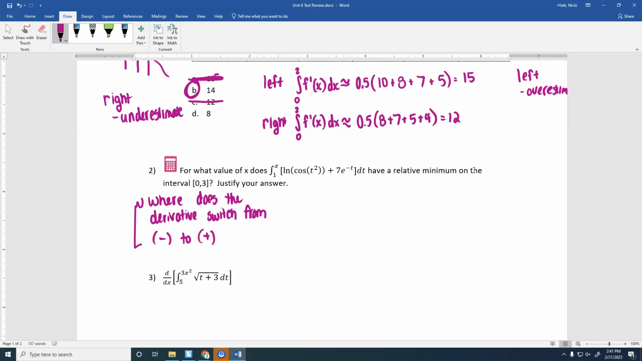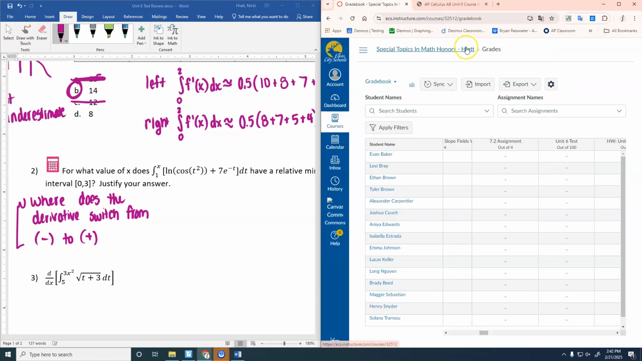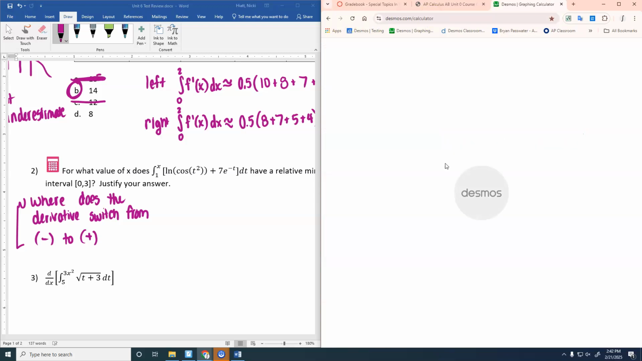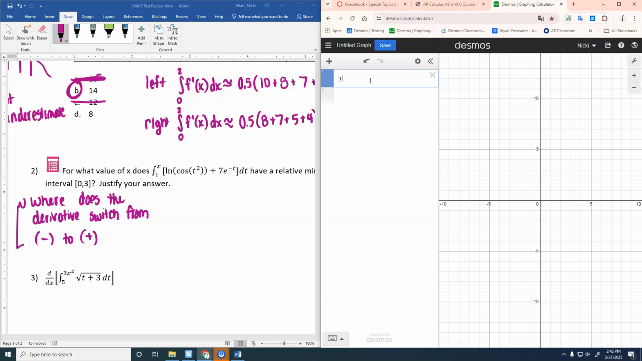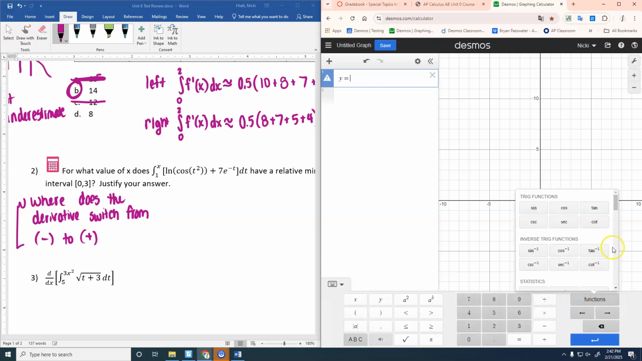So I haven't tried it with Desmos. I don't think we can graph that integral because of the x right there. You might be able to. Let's see if it will. Equals. Let's see if it works. This may be a new